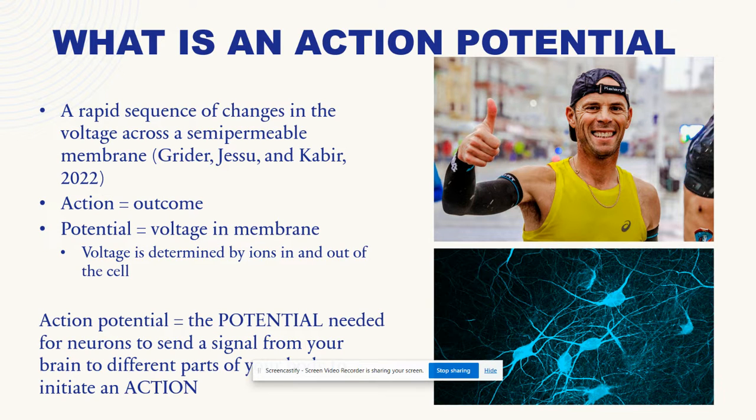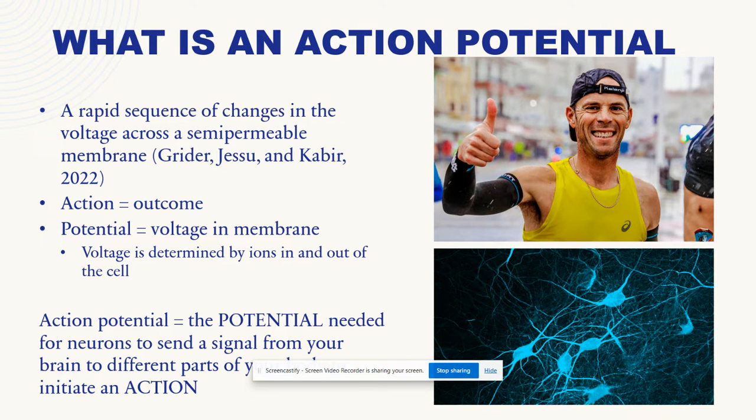In simple words, an action potential is a change in the electric charge in a cell. In complex terms, it is a rapid sequence of changes in the voltage across a semi-permeable membrane, that membrane that surrounds all of our cells. The change of ions and their concentrations that we're going to get is what's going to allow that action potential